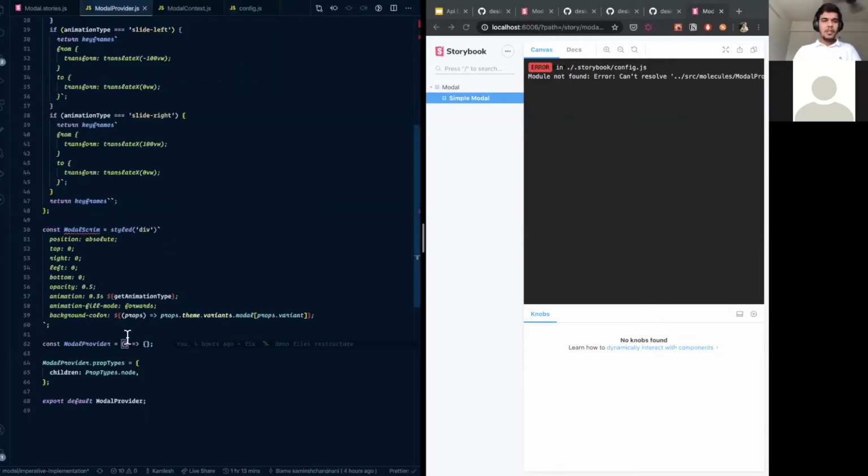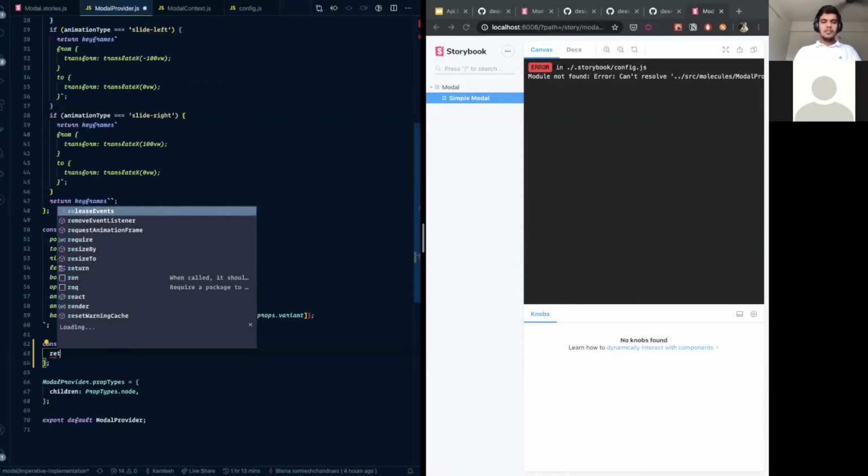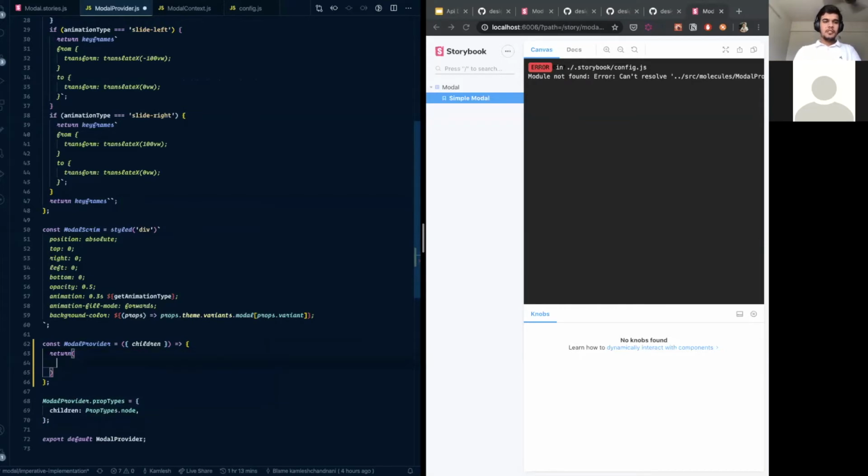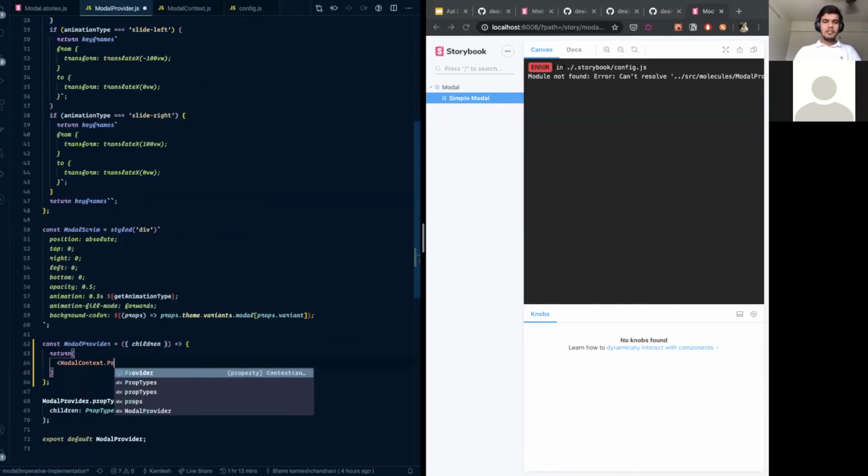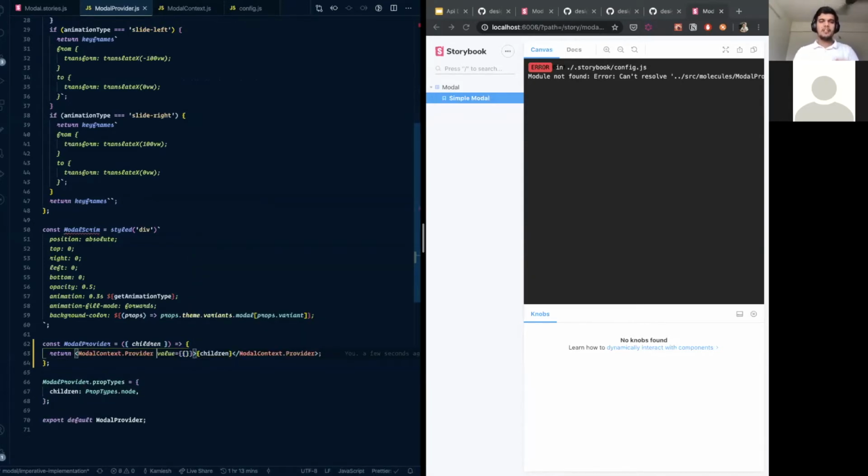I'll say okay, children. What will this children do? This is just saying modal context dot provider. We don't have values yet. That's what we'll do next. And we'll render our children inside our modal provider.